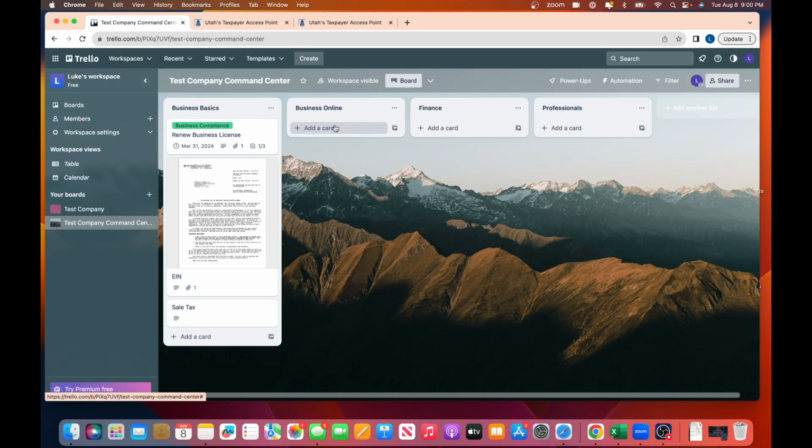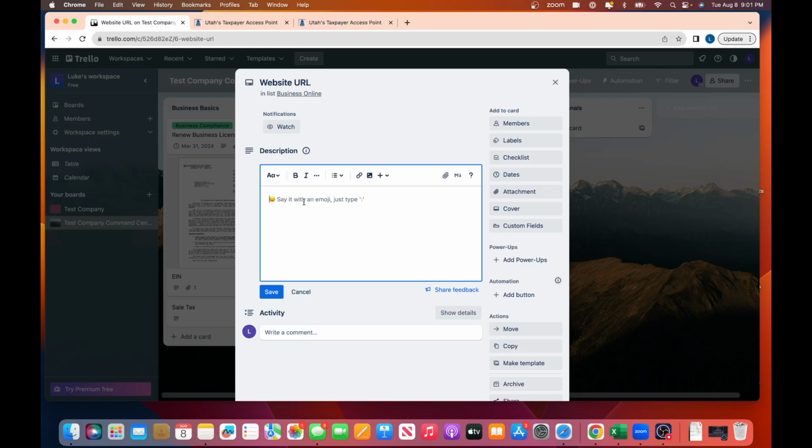This is where you're going to share anything that has to do with your business online, whether that's your website URL or your hosting company or your social media platforms, anything like that. So I'm going to jump in and do one for my website URL. So here I'm going to just type in my URL,